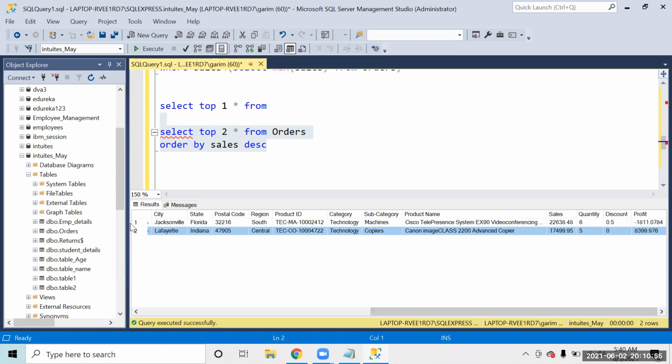Right? So if you see right now, I have two rows that I have picked up. So basically this is the highest sale. This is the second highest sale. Now I want to fetch only the second highest sales. So how are we going to do that?